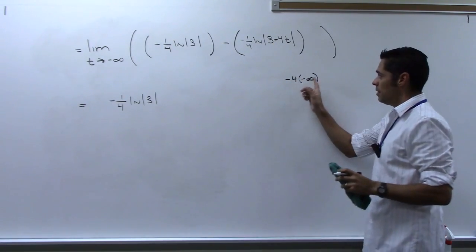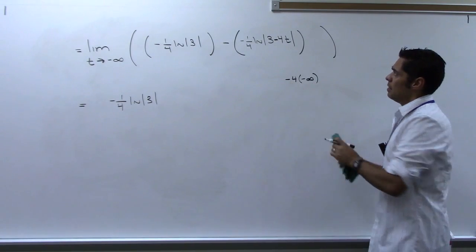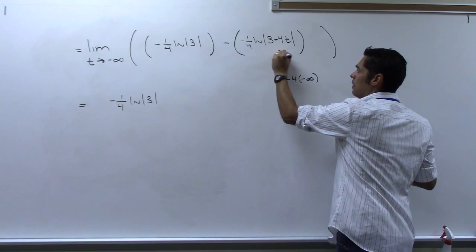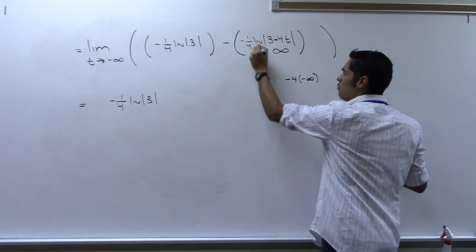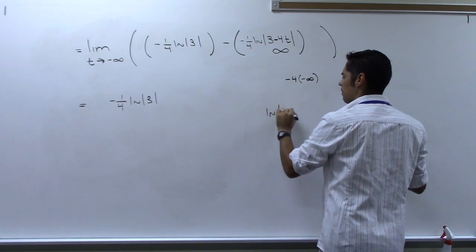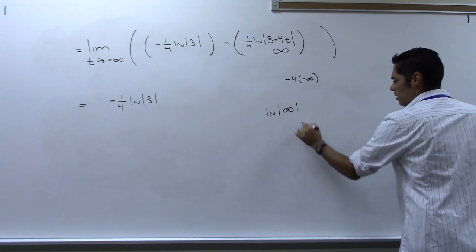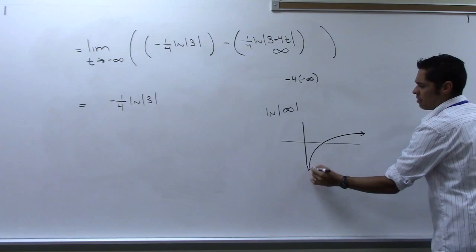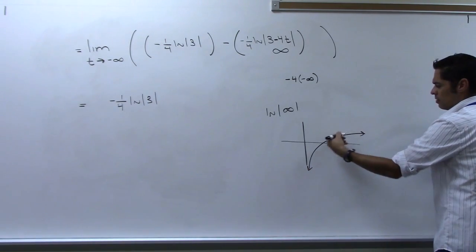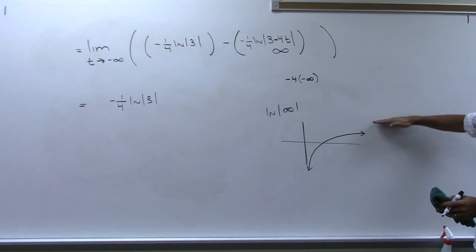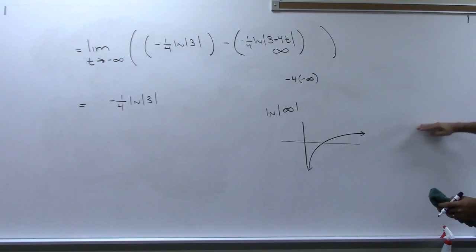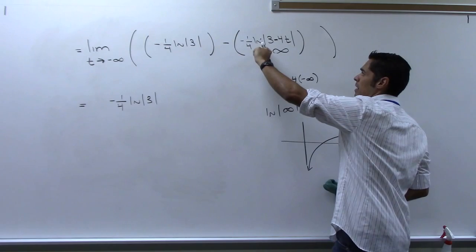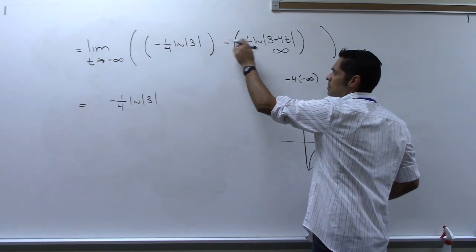Really, you can't really do that, but a negative times a negative is positive. So I get 3 plus a number, and that number is becoming infinite. So really I'm saying, what's the natural log of an infinitely large number? We take a look at the natural log function, which looks like this, and we ask ourselves what happens as we go to infinity. As we go out here, the function continues to rise slowly, but it does go to infinity. So I know that this entire thing goes to infinity, and it doesn't matter,